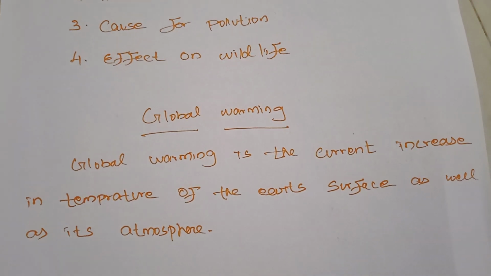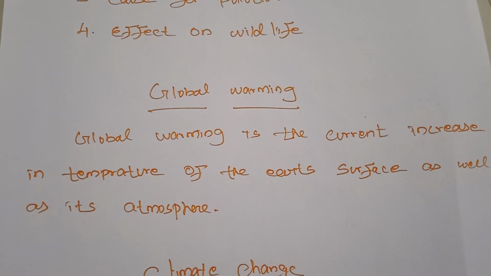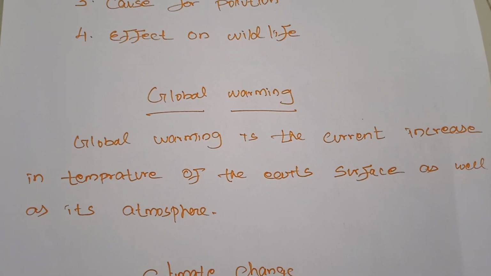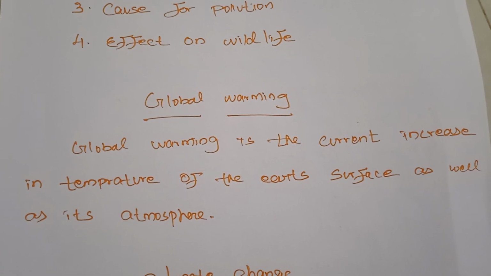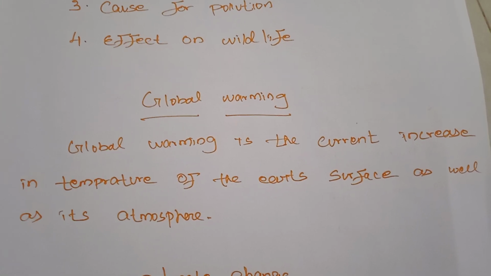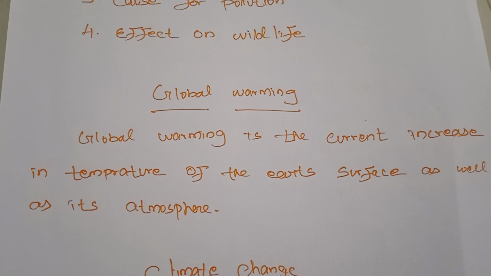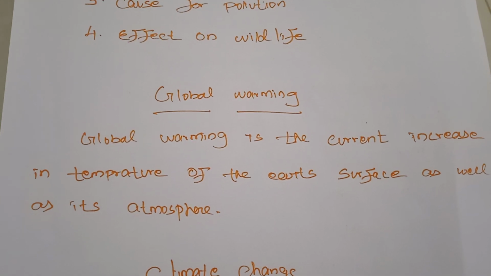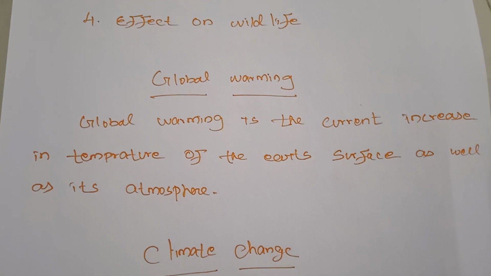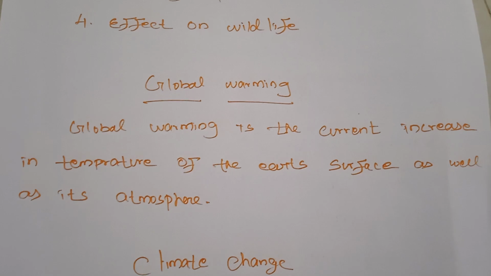So about two-thirds of this increase has occurred since 1975 only. Carbon dioxide, methane, chlorofluorocarbons, and nitrous oxides are the greenhouse gases warming the earth's surface. So when we are using any of the commodities which contain the above chemicals, this is considered a cause of global warming. It is also called the greenhouse effect.